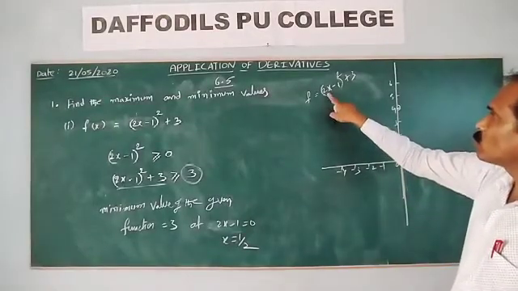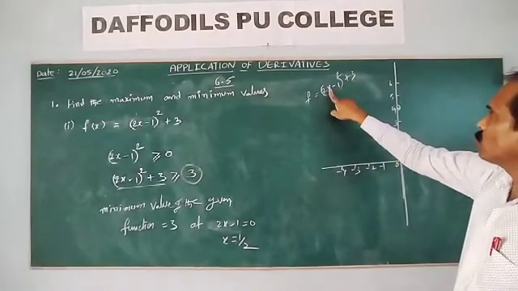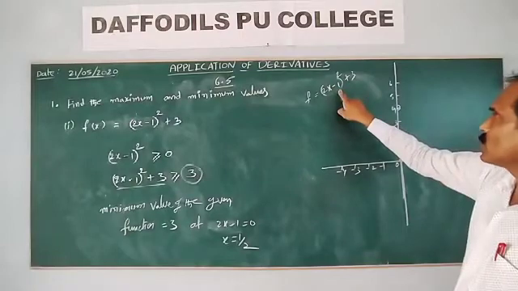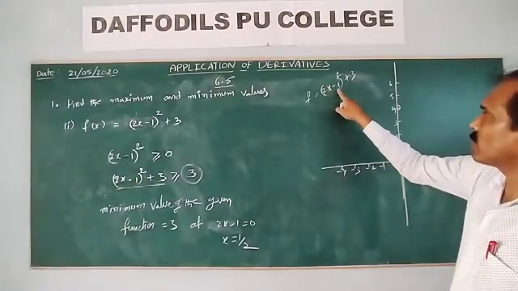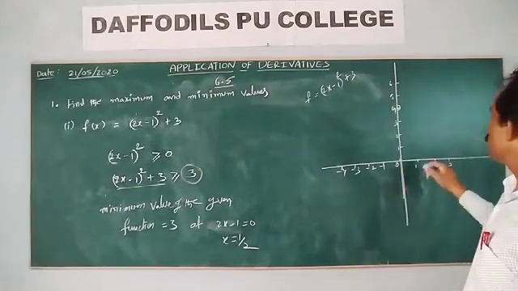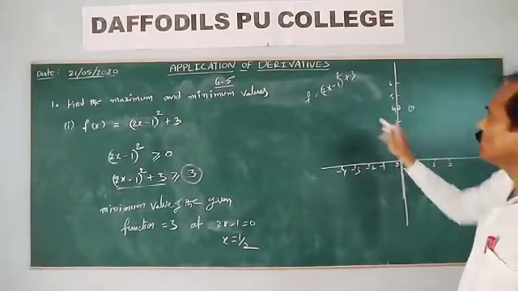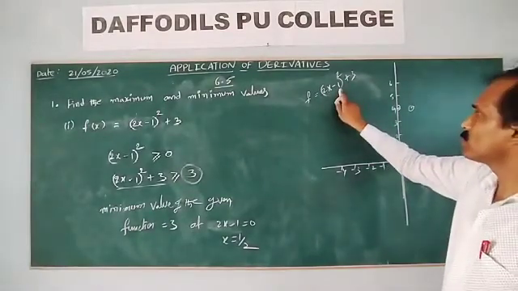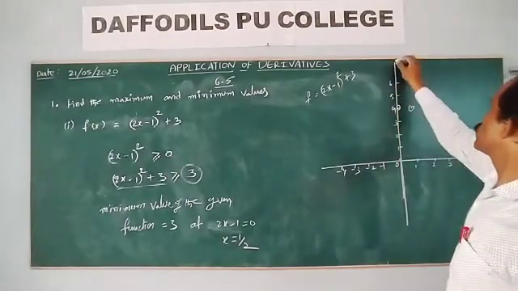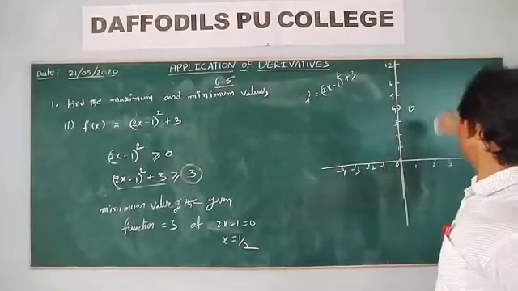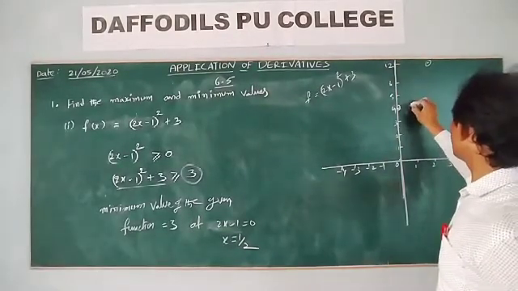Now at x is equal to 0, minus 1 whole square plus 1 plus 3 is 4. And next put x is equal to 1: 2 minus 1 is 1, whole square plus 3, that also is 4. Right. Then 2, 2 twos are 4, 4 minus 1 is 3, 3 squared is 9, 9 plus 3 is 12. Suppose for example this is 12 at x equal to 2.